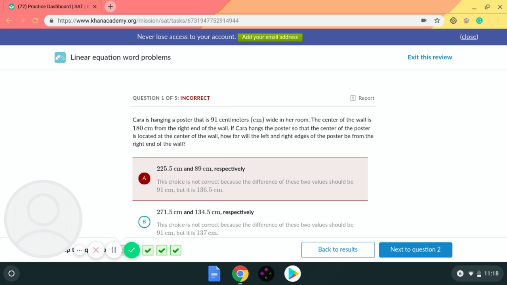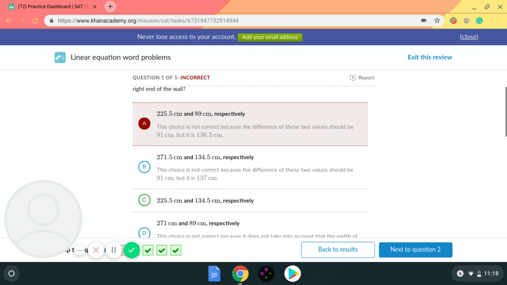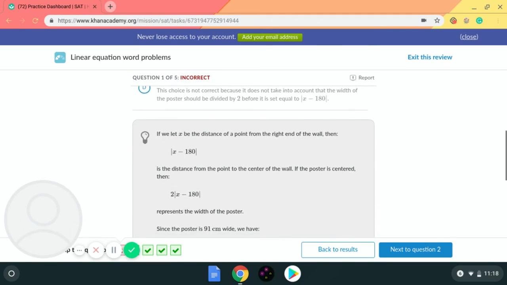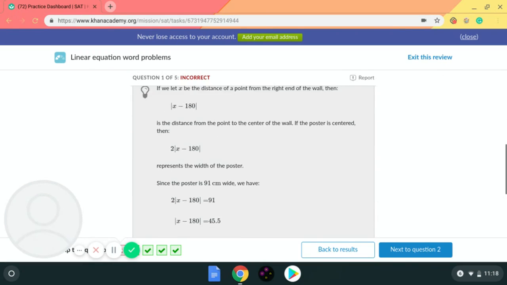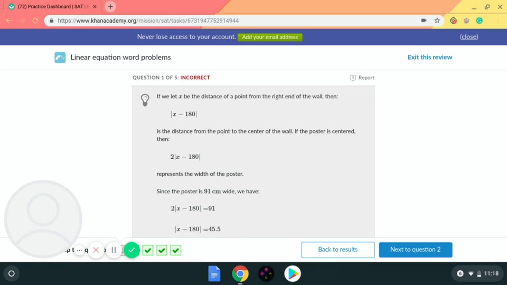Now you might think the answer is obvious, and if the painting is at the center of the wall and the center of the wall is 180 centimeters from the right, then that must be the answer. But you forget that it actually has a length of its own, so that is not the case. So they set up the equation and they put 180 minus x, or x minus 180 in